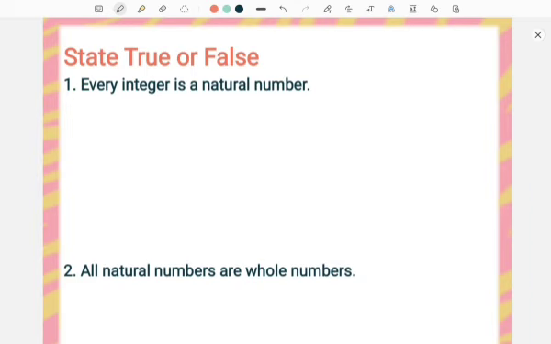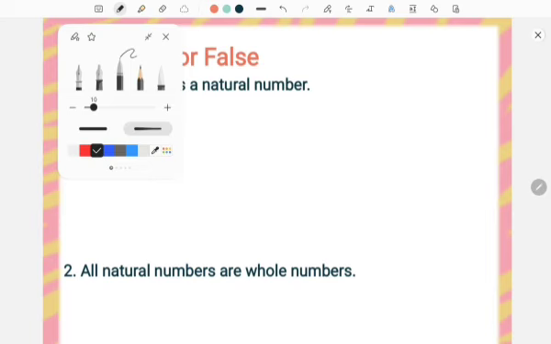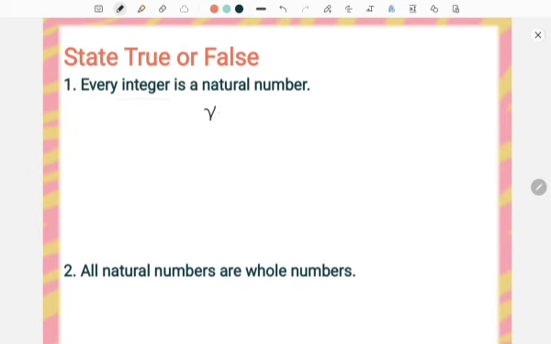Now let's come to a few questions that we'll do. Okay, starting with the first one. Every integer is a natural number. What are integers? The negative and the positive numbers, right? Negative, positive numbers and 0 are a part of integers. -3, -2, -1, 0, 1, 2, 3 and so on. Then natural numbers जो हमें पता है 1, 2, 3 and so on, all the countable numbers.